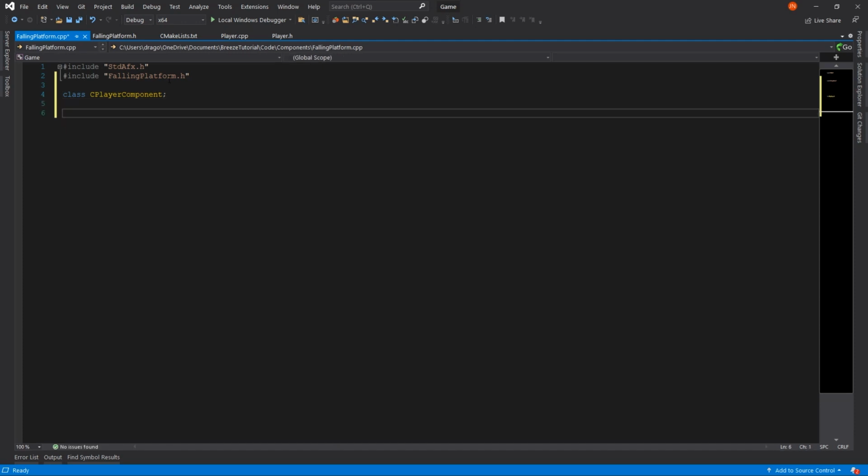Next is one of the more important things about the component system: we need to register the component, essentially. I've seen many people not do this and then the component doesn't exist within the editor. So you want static void register falling platform component,